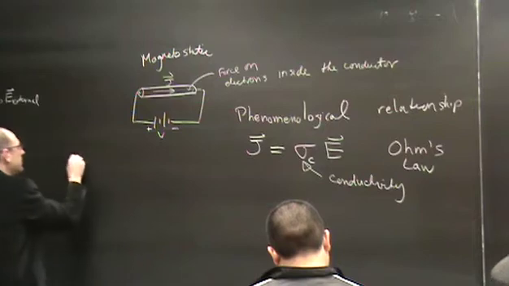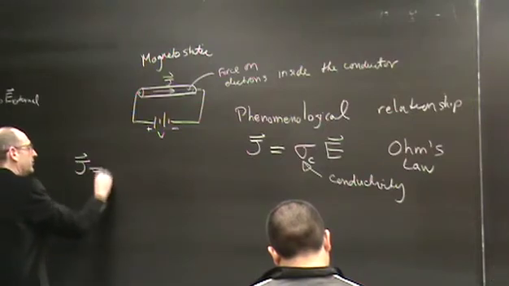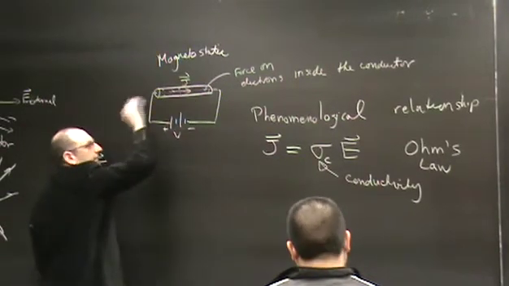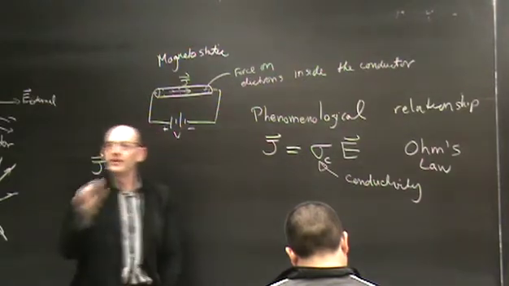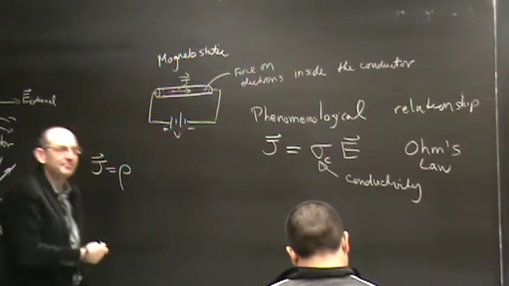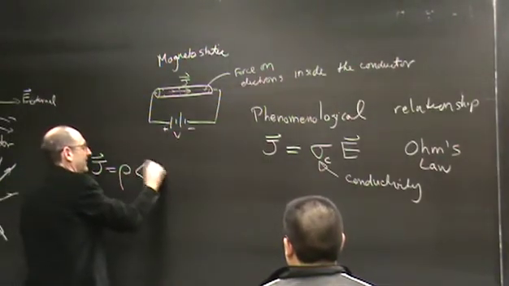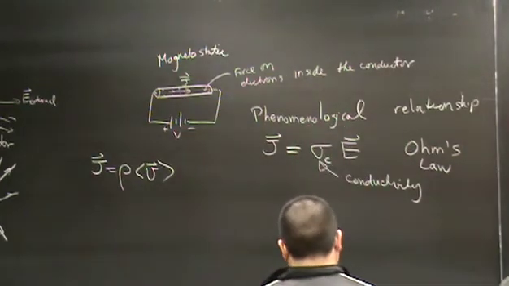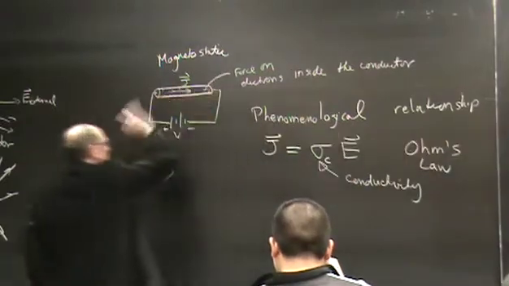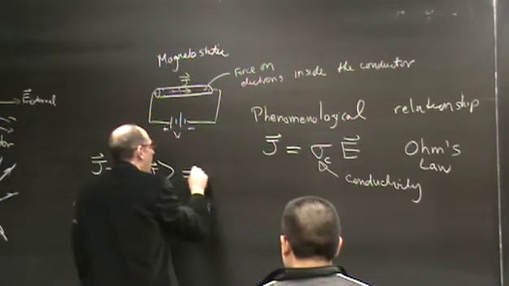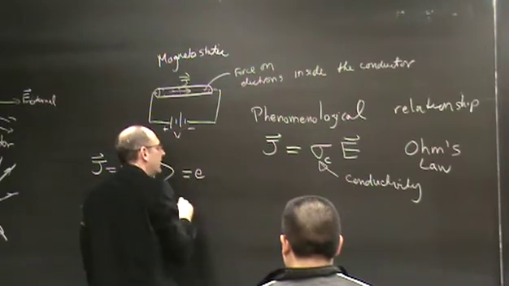Well, firstly, the current density we said was rho v. In this case, there are many charge carriers. We know them as holes because of Benjamin Franklin. We have to have the positive charges moving that way, even though it's the electrons moving the other way. Thank you, founding fathers. So we have many electrons that are moving with some average velocity v, and that's what we just said was the current density. And that is the charge per unit carrier here, let's call it e,